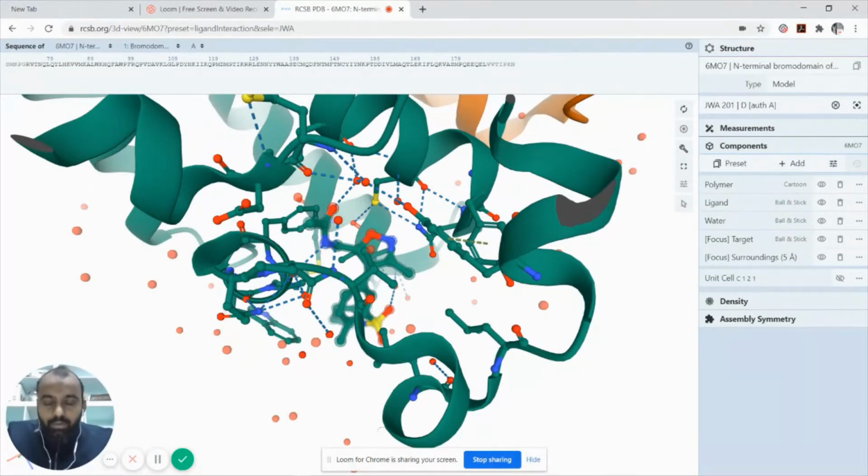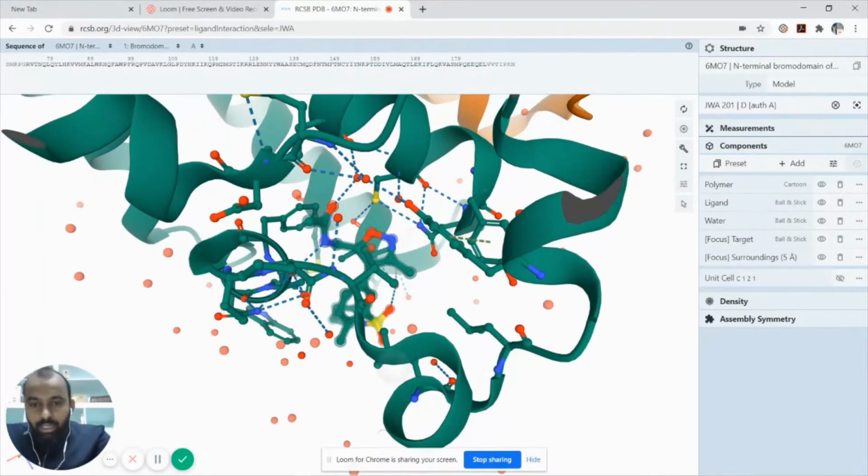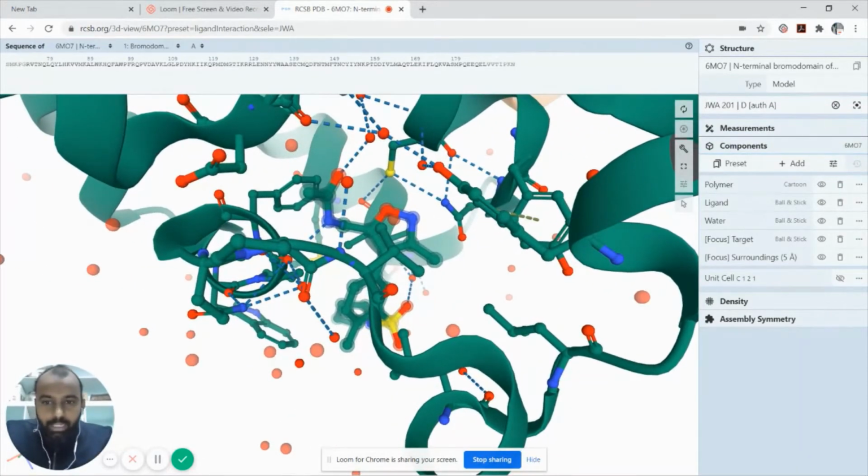This question arises while you perform any docking or biological simulations. For that, you do not need to bother. The basic protocol followed is selecting the water molecules within 5 angstroms of the binding pocket, which is well defined.